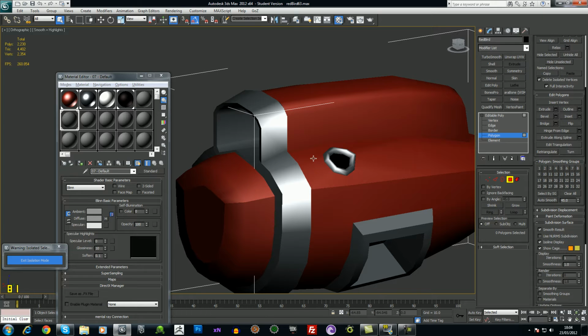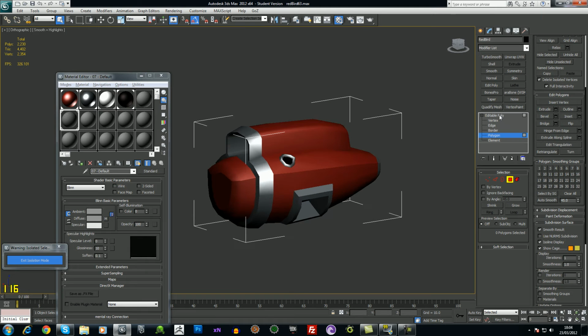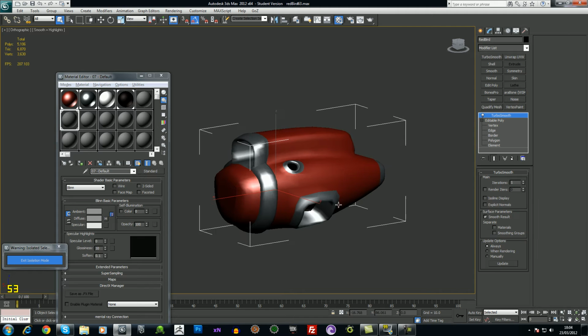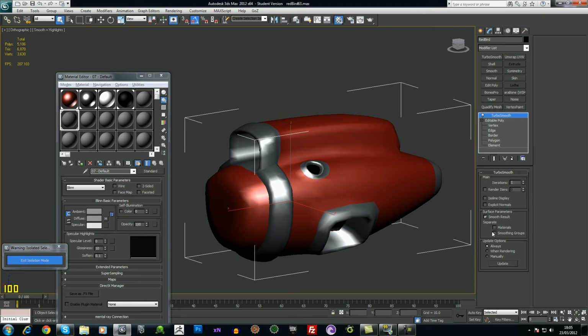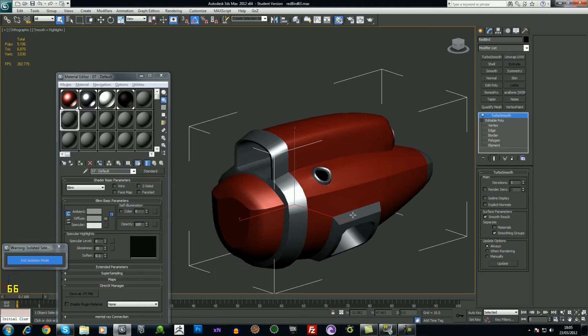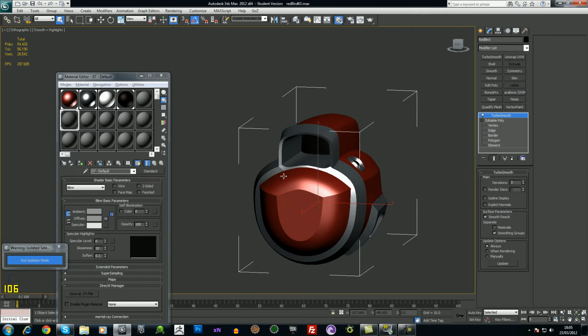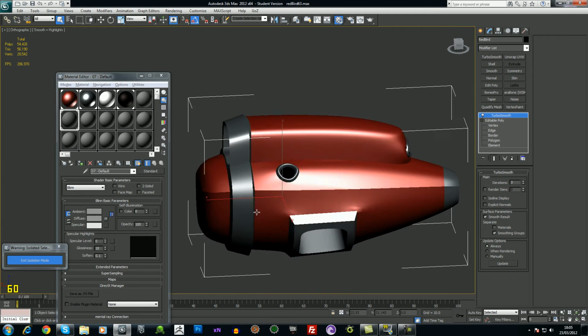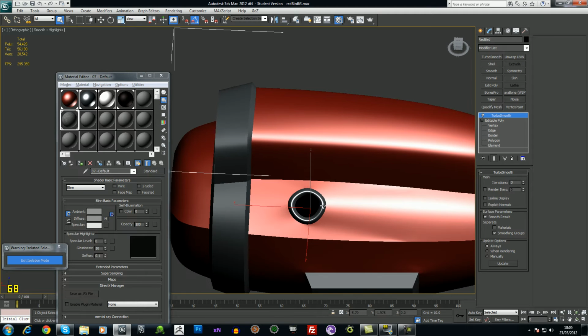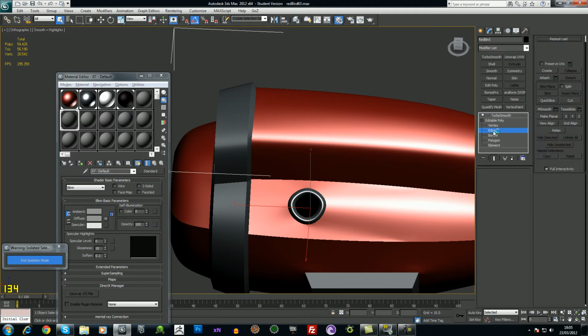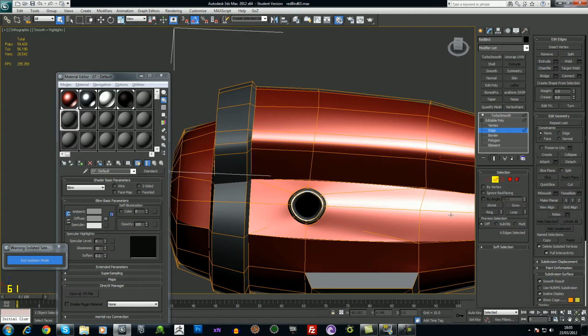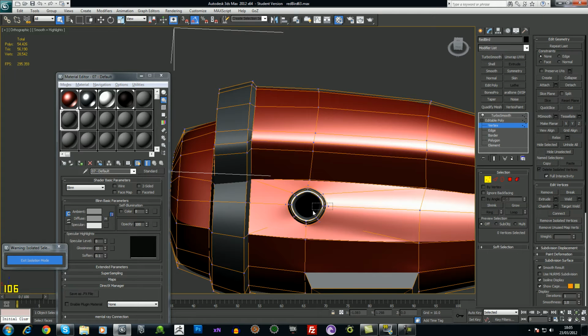and so on. So the good thing about this is if I add a turbo smooth result by smoothing groups, then it will keep those, and I can res up and get some extra detail. So it's pretty good for doing high poly, checking if everything's round. As you can see, it's not perfectly round, so I could go back and toggle that on and mess about with this until a good